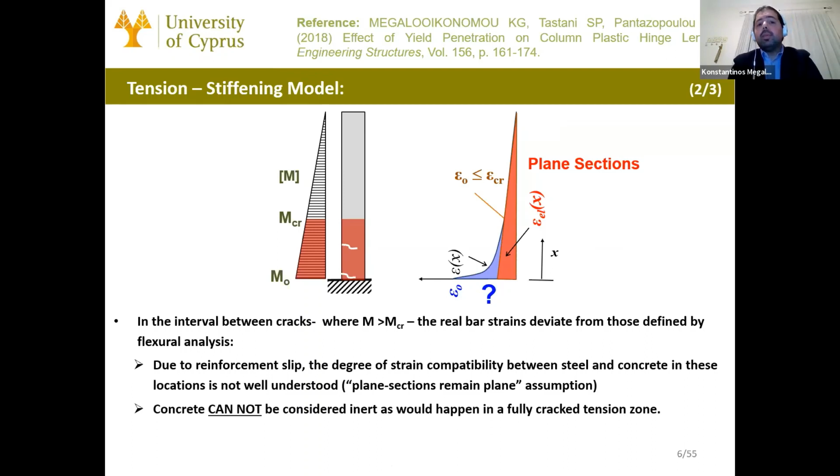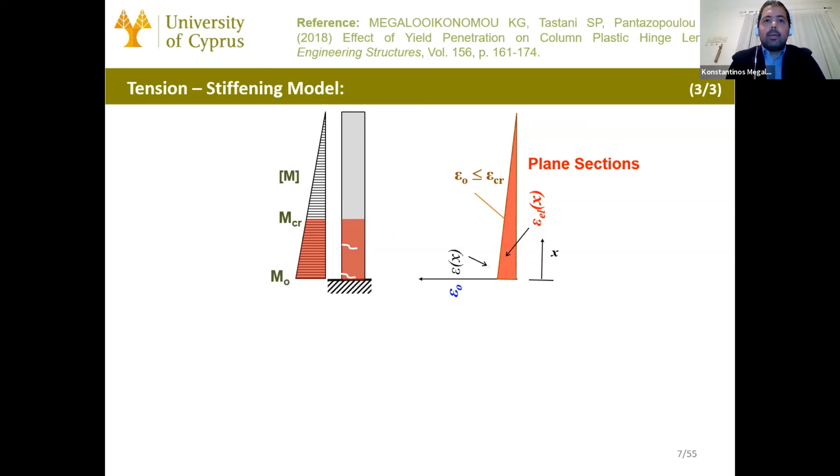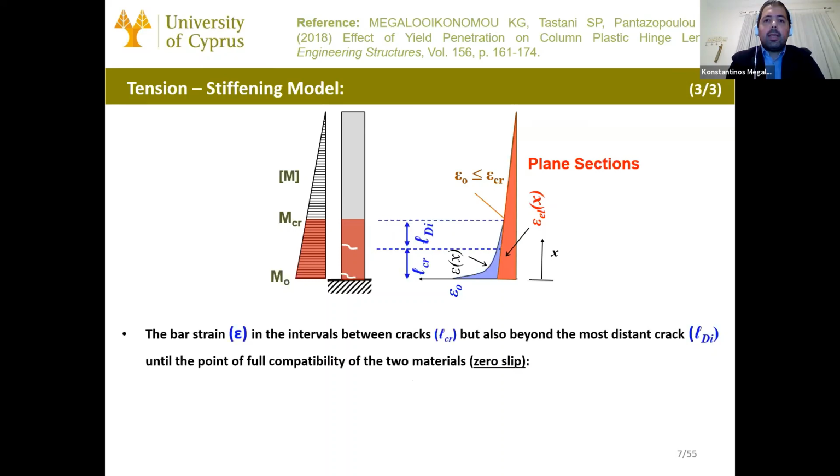And concrete cannot be considered as inert as would happen in a fully cracked tension zone. And we consider that it takes some length. This length is called the length of the disturbed region, where the compatibility between the two materials is satisfied. So we have zero slip. So in this region between cracks, but after a length of the last crack, this disturbed region, we